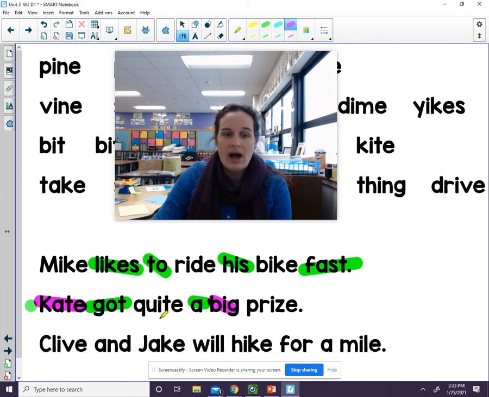So these are just the 2 that have the long I we need to practice. So we got quite, quite, prize, prize. Hey, we heard that word prize already. Let's go ahead and read the sentence now. Kate got quite a big prize. Prize. Let's try the last one. Again, let's start by highlighting any sight words. And, will, for,